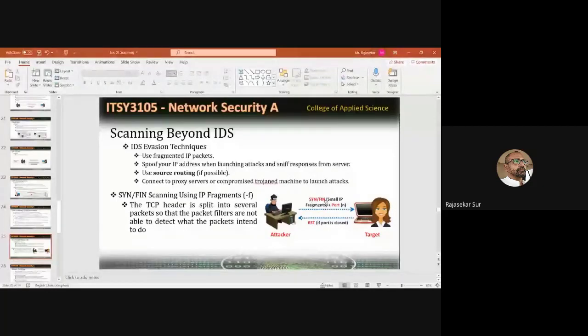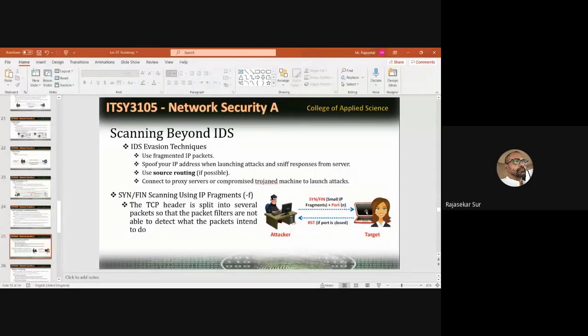You can use either one, in a small IP fragment packet, to a particular port number, say port 10, to find out whether port 10 is open or not. Now I'm just sending the message, and this will be allowed by the intrusion detection system. The target machine gives a response, a reset command. That means the port is closed.